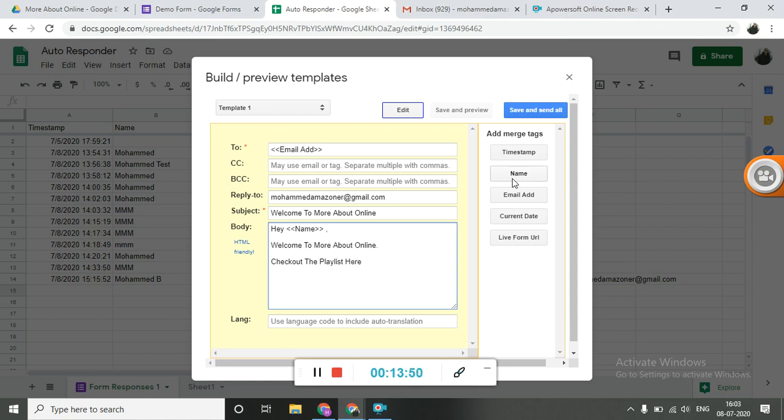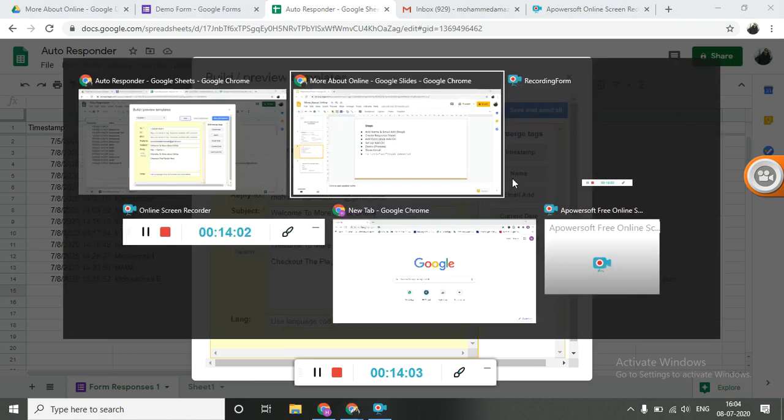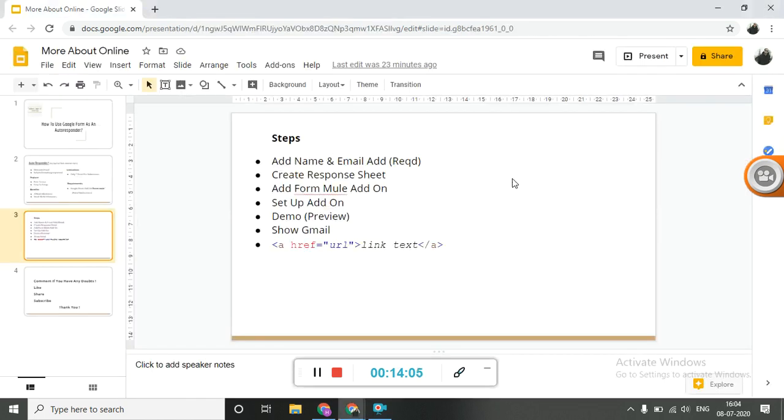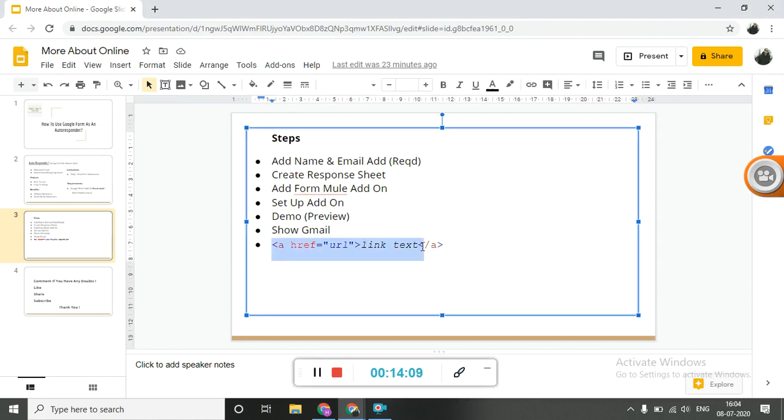And then I will have to insert a small HTML code over here. Don't worry, I will leave that HTML code in the description. It is very simple. You just have to copy paste this.